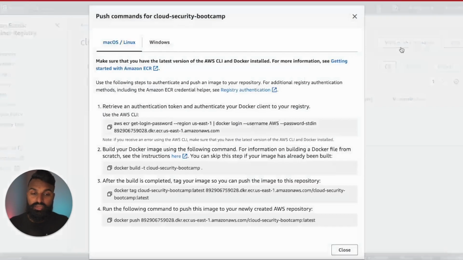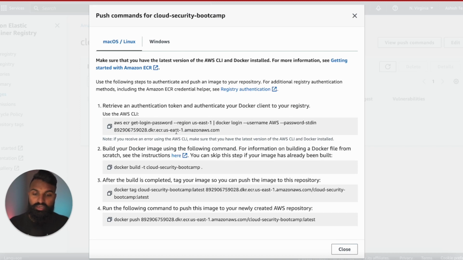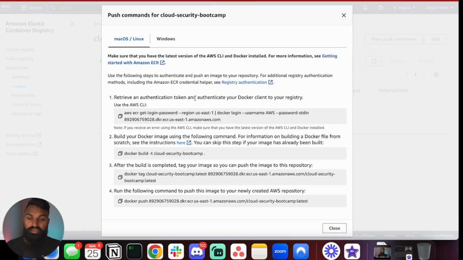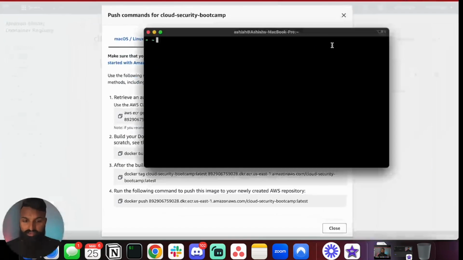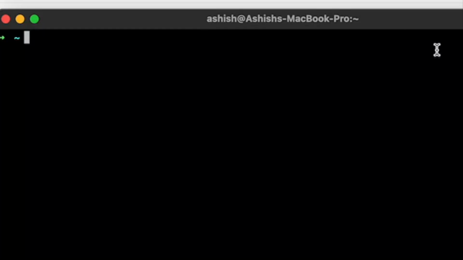So what I can do is click on this view push commands and I can see, oh, this is how I would use a set of commands to build an image. So I'm going to open my command prompt. For us to run these commands, I need to be able to log into my CLI. So the first thing I want to do is open my CLI. Now I obviously have AWS already configured. So if I do aws --version, if I type that in,